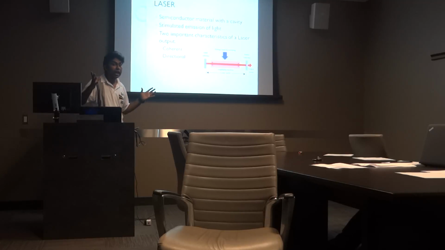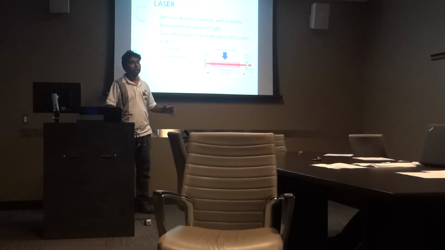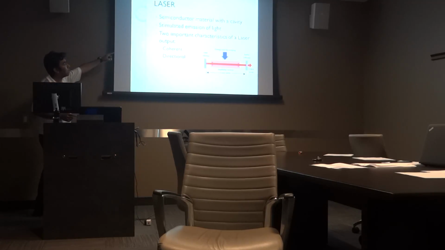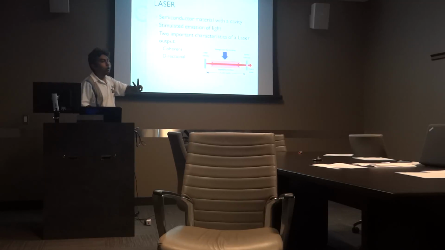So that's why you will have a very big gain. Just by designing the cavity and the material, you can have a very big gain and a very powerful light in the output. So this is stimulated emission of light, and two important characteristics of the output beam are